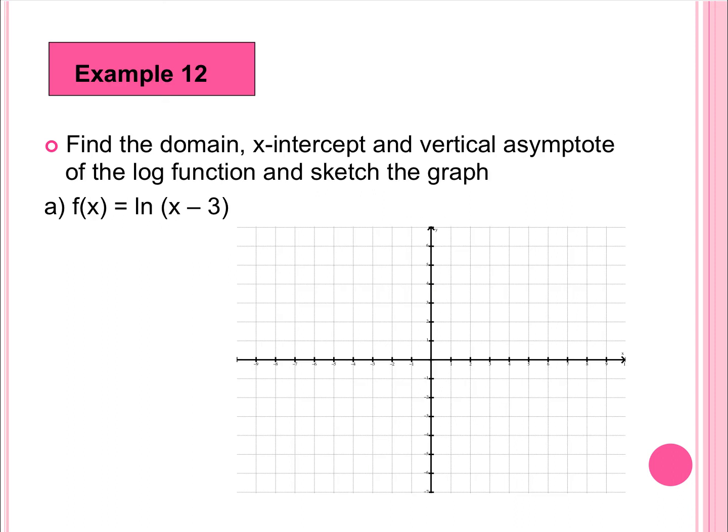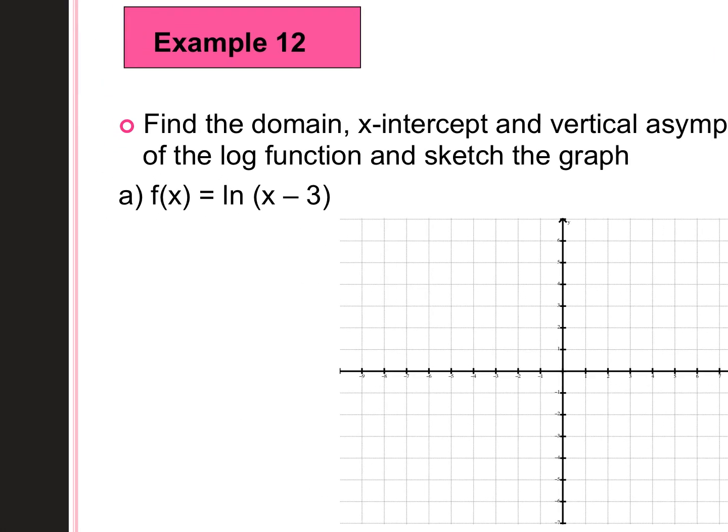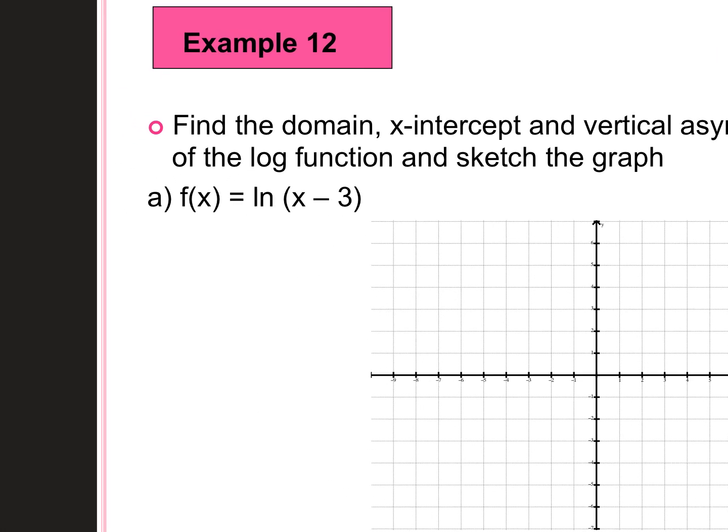So find the domain, x-intercept, and vertical asymptote of the log function and sketch the graph. So here, we're doing the same. We can change ln to be log base e if we want. It has the same characteristics of the last 2 graphs that we did. Notice how one of them was log base 4, the other one was log base 3, sorry, but we still did the same thing. So to find the domain, range, vertical asymptote, and x-intercept,